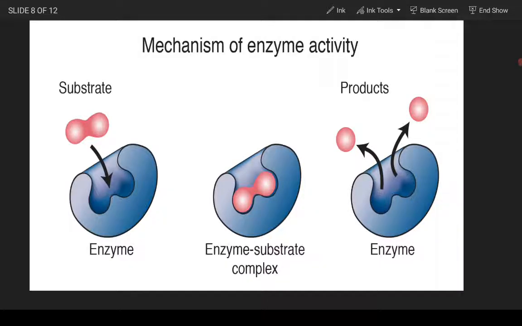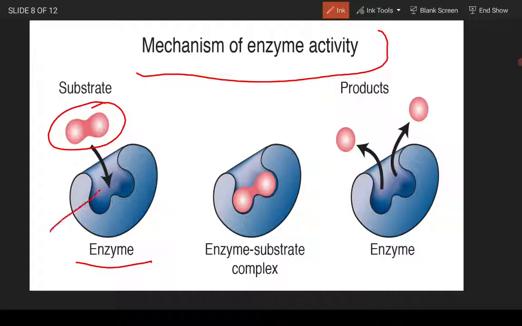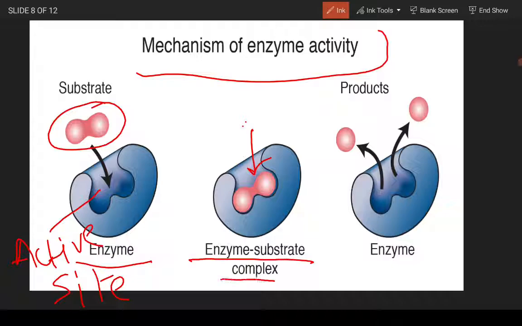So, mechanism of enzyme activity. Here you can see how the mechanism of enzyme activity occurs. This is a substrate, and this is the enzyme, and this is its active site where the substrate binds. Now the substrate is bound to the active site of the enzyme. An enzyme substrate complex has been formed, which goes to the transition state. In this enzyme substrate complex, the bonds of the substrate are broken